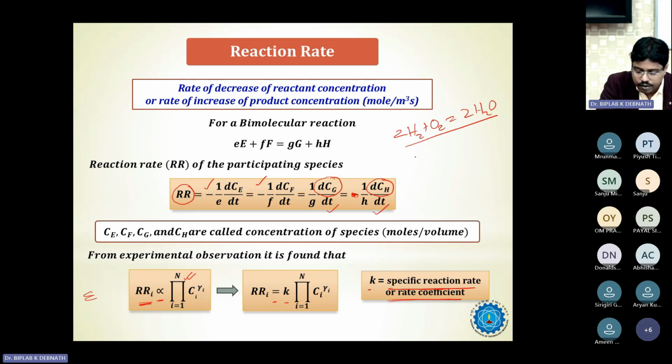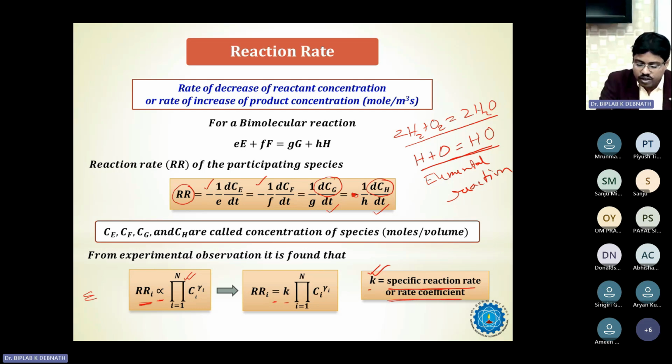For example, hydrogen will break down to H, oxygen will break down to O. They may react with each other and form HO, or OH, whatever you call it. So this type of reaction, which occurs in between the global reaction, is called an elementary reaction. For elementary reactions, it is very important to find out the specific reaction rate or rate